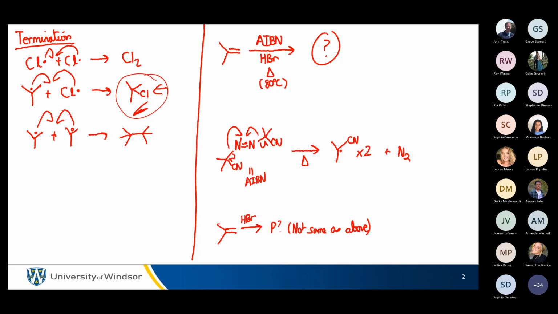Okay, so last class, I left off with this example. AIBN, HBr, heat, 80 degrees, what happens? So what we get is this radical formation of AIBN radicals. So we looked at the benzoyl peroxide radical formation last class. I quickly went through this. AIBN, we generate nitrogen gas, which is the driving force for this. It's why this all happens. And we get